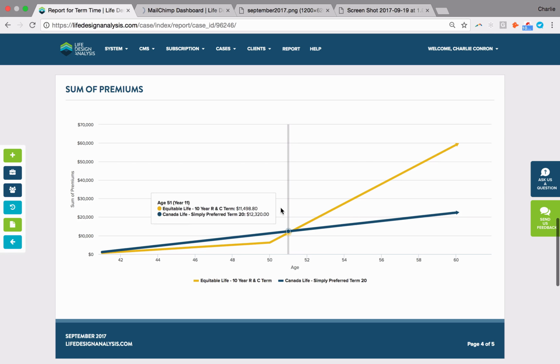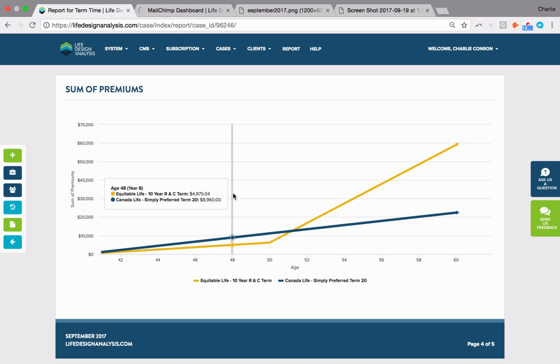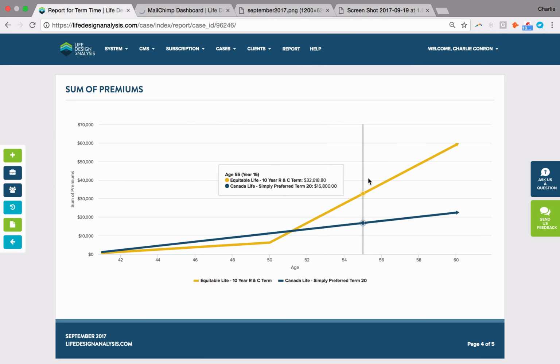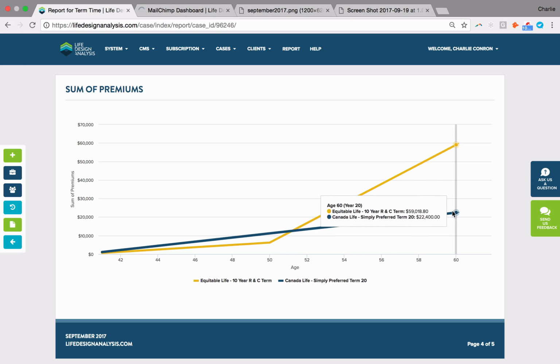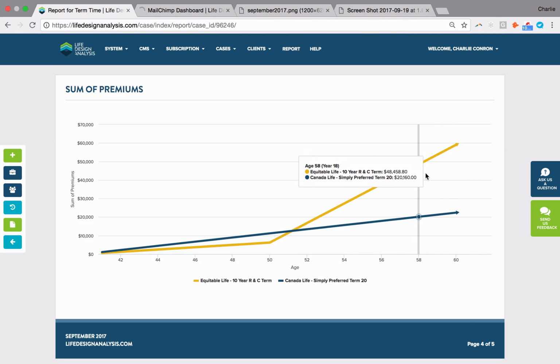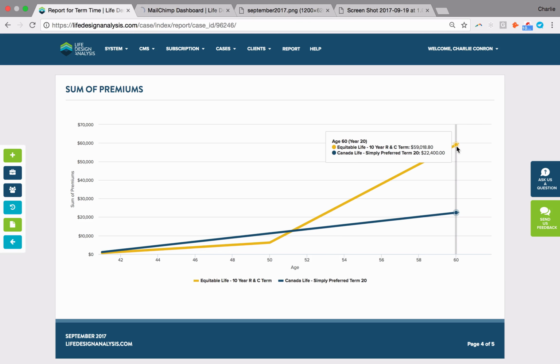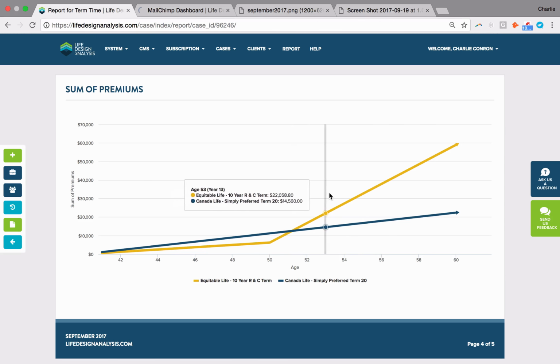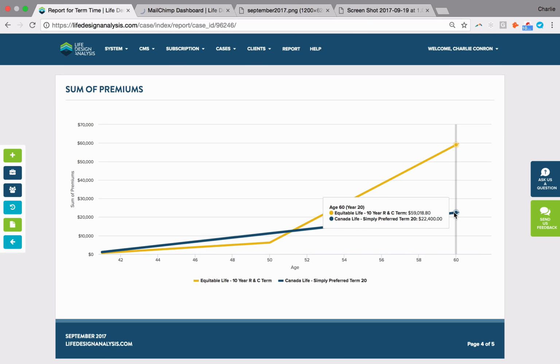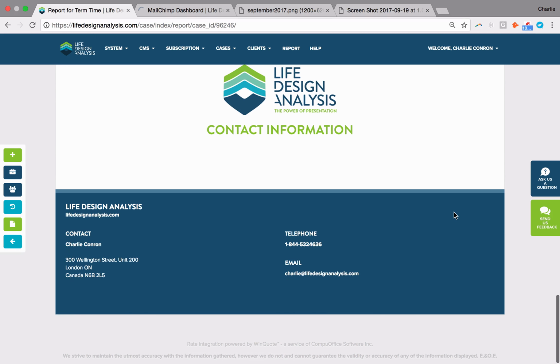And as I said, this sum of premium chart is one of the best ways to really illustrate all these different calculations and different sums and products and patterns that they follow in a very simple visual. So again, as I'm the client, I can see if this is my cost here, or my sum of premiums, anything I've deposited into the plan, would you rather be the blue line here or the yellow line? And again, very simple visual. A visual says 1,000 words. People understand visuals that much quicker, and that's why our software is so effective with your clients. They really appreciate the fact that you've simplified it, but you're still using very exacting numbers. Again, I can see, I definitely want to spend less on my insurance, and a nice contact page.